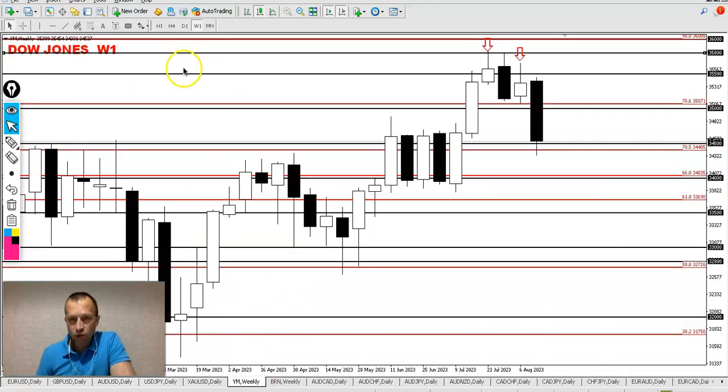So next is Dow Jones. Dow Jones, you remember I discussed a warning sign around this zone, and indeed it was selling off last week very well. I was trading good, but one day was not good. I don't know what was happening with me, but instead of selling, I was just buying. I was waiting for a pullback, and I lost a lot of money. But okay, on Friday I absorbed my losses a little bit, but overall the trading week was a profitable one.